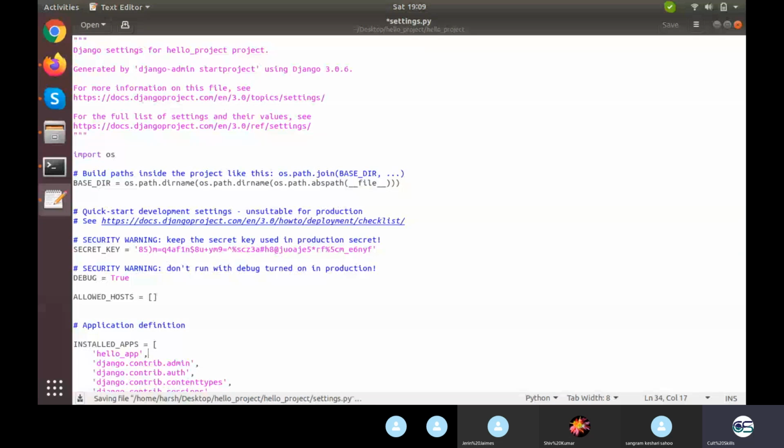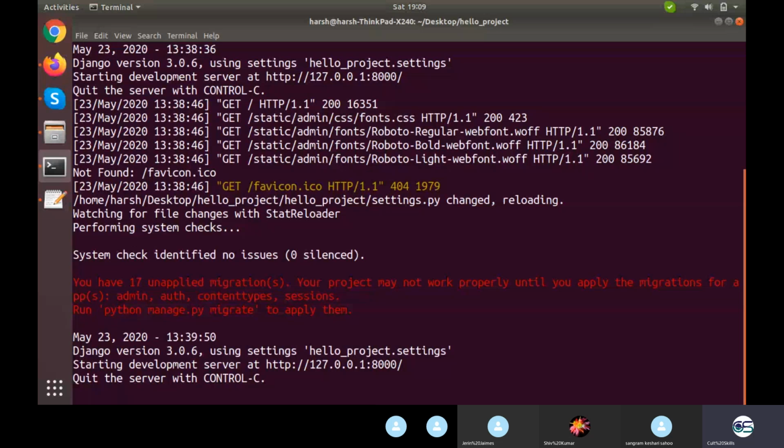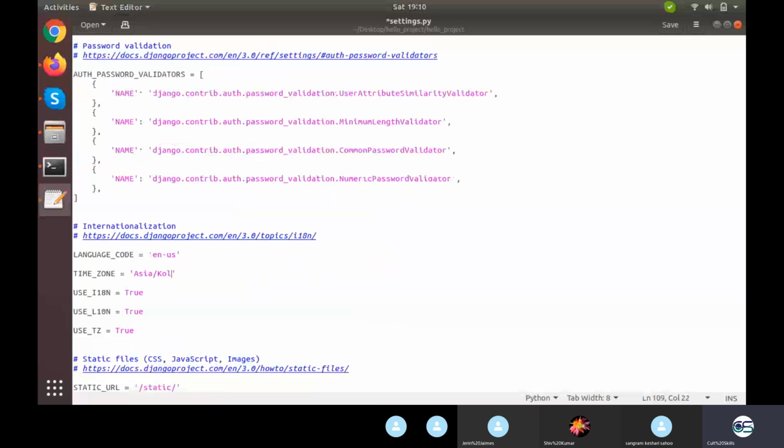The second thing I need to do is, you can check that the time zone currently going on is May 23, 13:39, which means afternoon 1:39 or 1:40. I need to change it to Asia/Kolkata. That is the syntax, not something I'm writing on my own. So this Asia/Kolkata, in this particular manner only, with a capital A and a capital K within the strings.